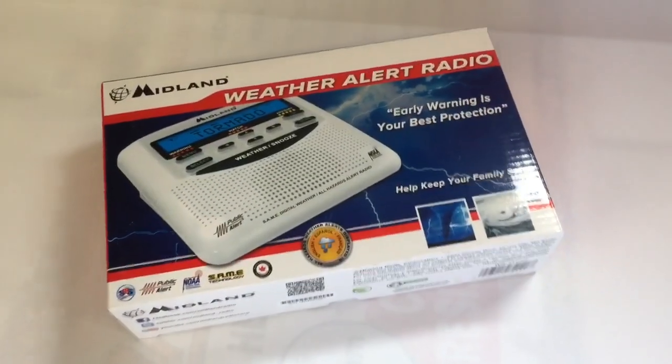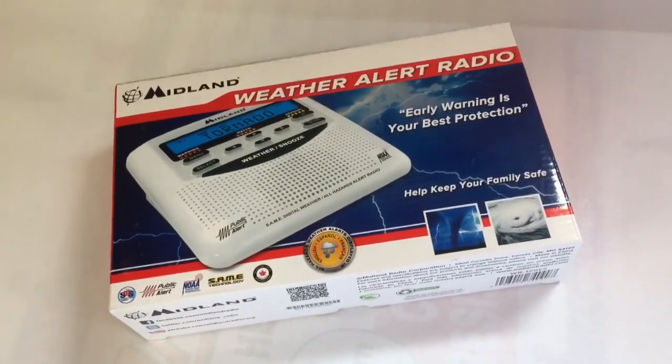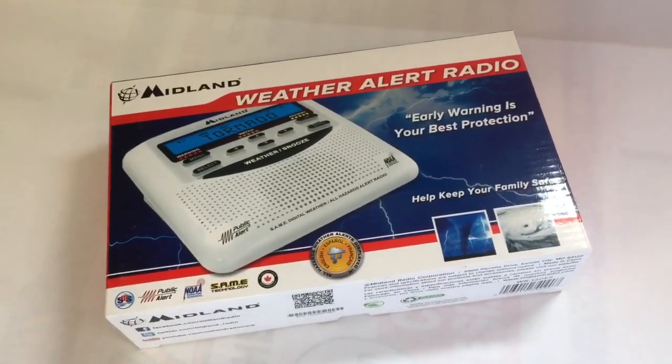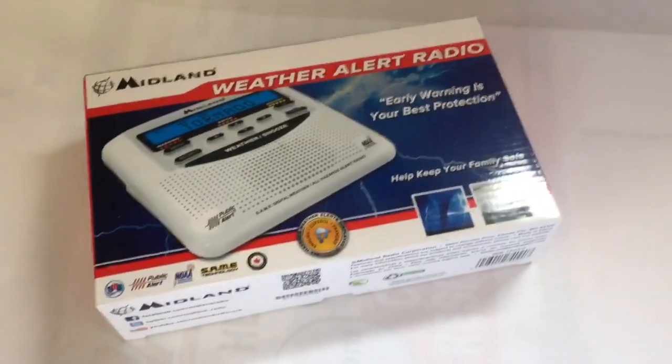Big mistakes, anyway. I bought 5 of these brand new weather alert radios at the grocery store before Christmas for $5 a piece. And I didn't sell one until a few weeks ago. I took an offer of about $18, $19 for one. And this one just sold for